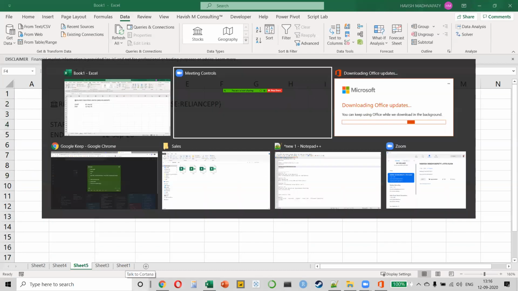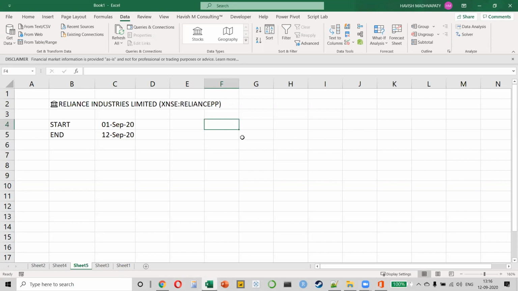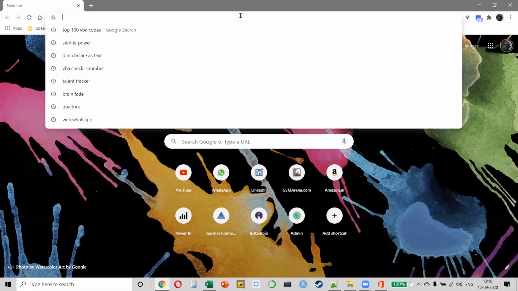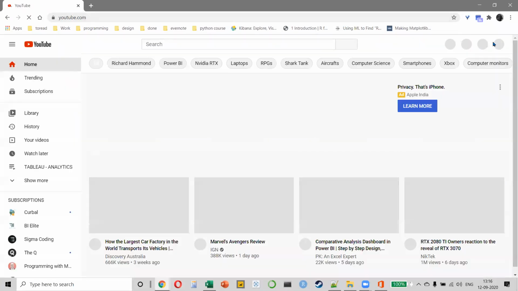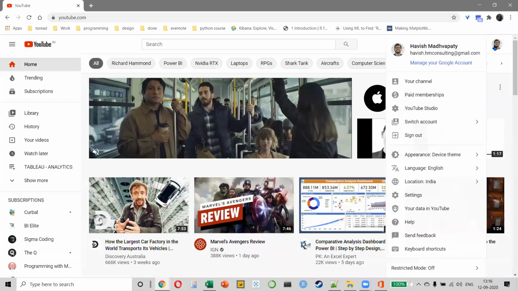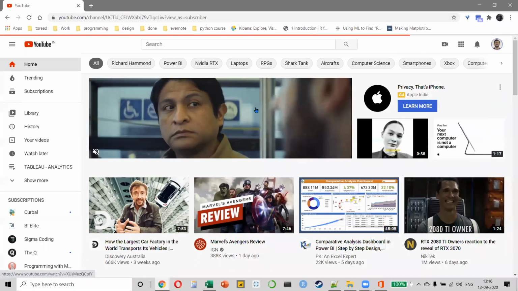Actually, my update is happening, so I will not be able to show you this function till I'm able to do that. Wait, just give me a moment. Actually, my update is happening, so the function is locked for now, but nevertheless, I'll just show it to you on a video because the answer to your question is already there, right? Just one moment.